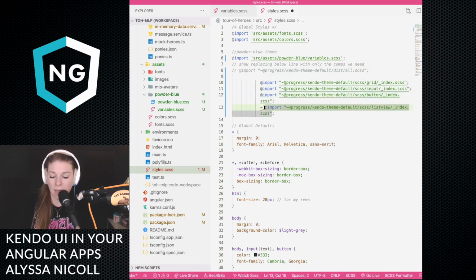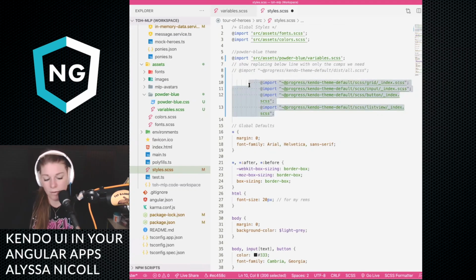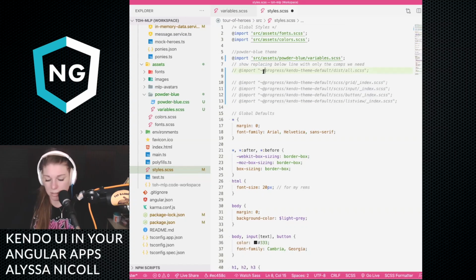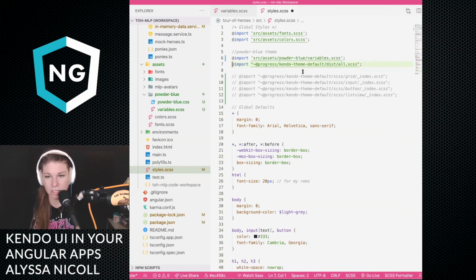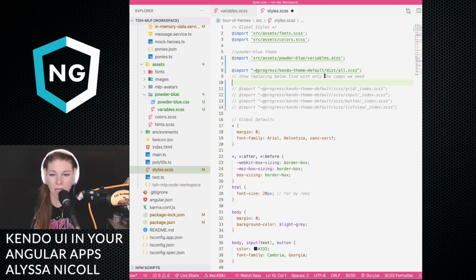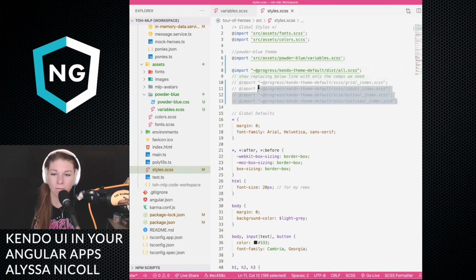And that way, if we go like this, that way you're only pulling in the styles that you really need. And right now I am going to keep this because I don't know how far we're going to get and how many components we're going to add. But just as a friendly reminder, when I push up the final time, I'm going to leave this in there so that you can see, hey, maybe you should only import the things that you need.